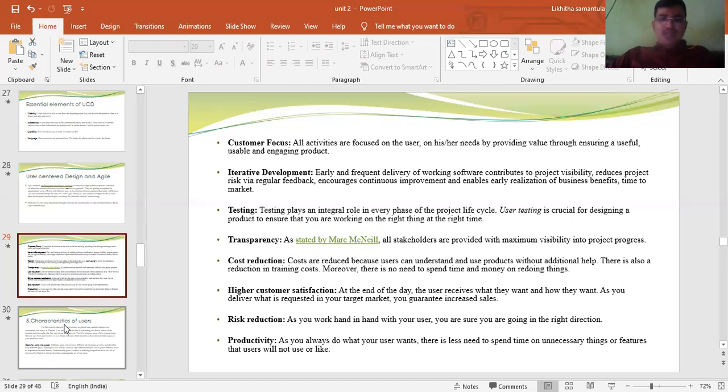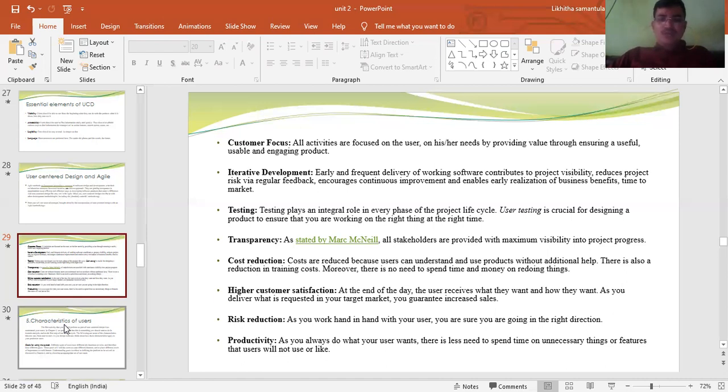Transparency. As stated by McNeely, all stakeholders are provided with maximum visibility into project progress. Cost reduction. Costs are reduced because users can understand and use products without additional help. There is also a reduction in training cost.